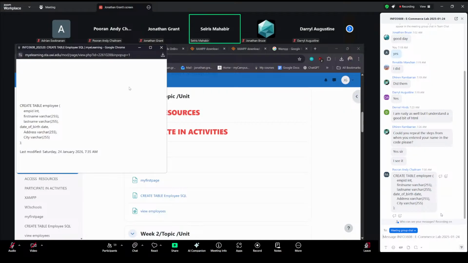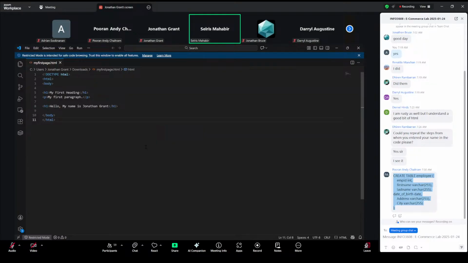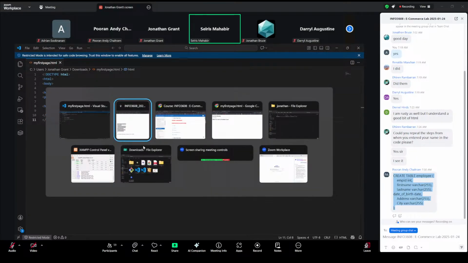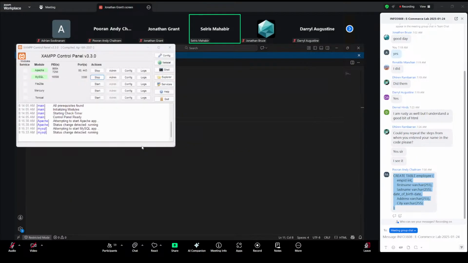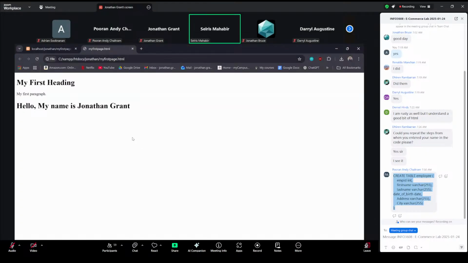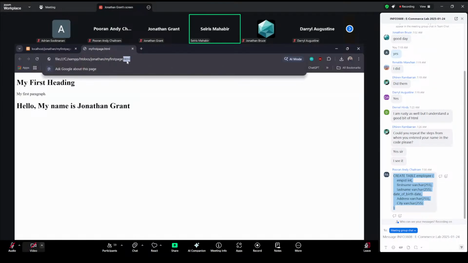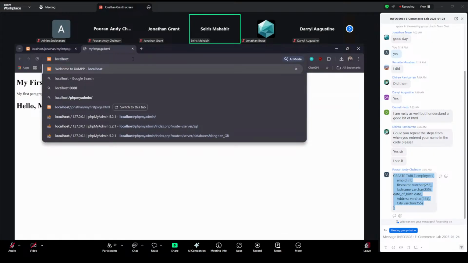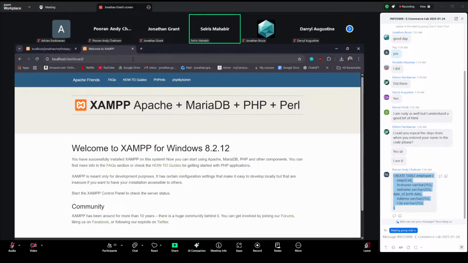So what I want you to do, Jonathan, is copy that code there to the last semicolon. Copy, right? Go back to your localhost. Backspace. Just type in localhost in the URL in the browser. Enter. What we're going to do is go into the actual database interface. So that's PHP